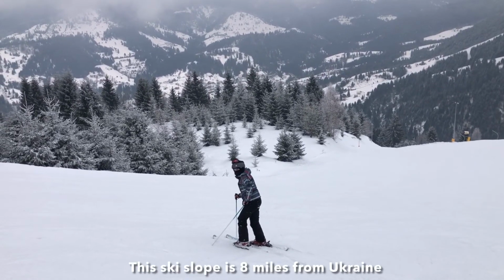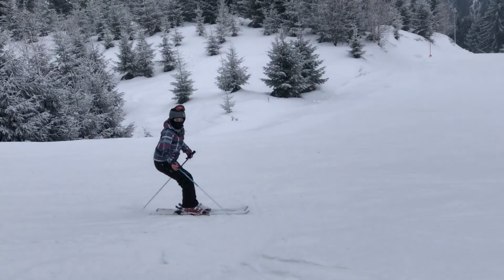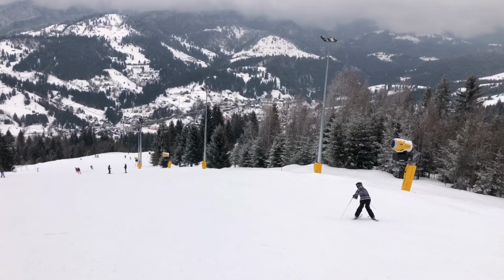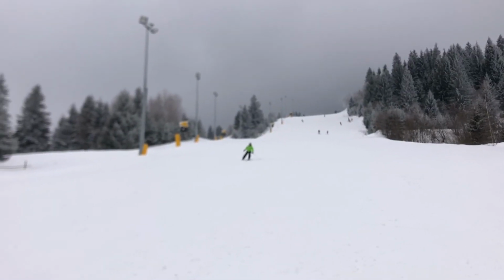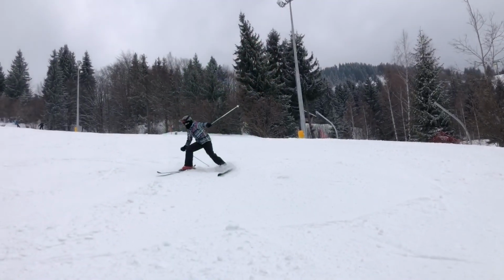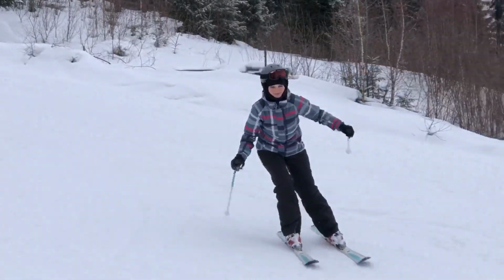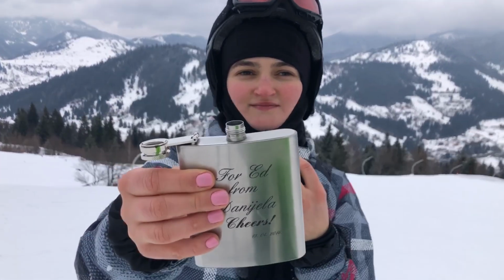Snowplow, Beloga. Snowplow. Stop filming! I did one! What a landing! The answer to being a great ski instructor is Tsoika. He's so fast. The best way to learn. You feel